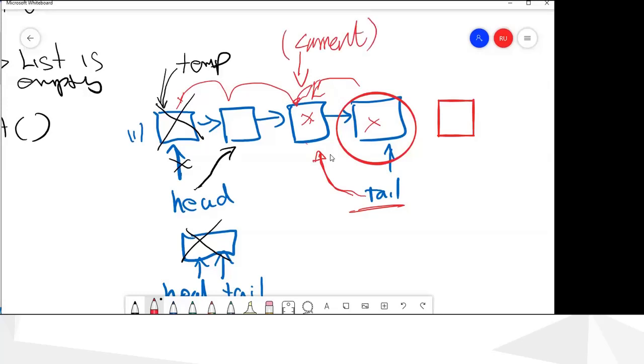So we use a current pointer to move. Our current pointer should be moved to the node before the last. For that, we have to use a for loop, so this is size.